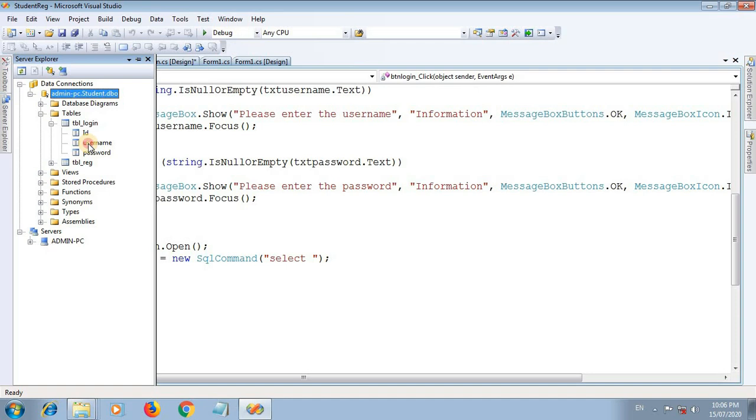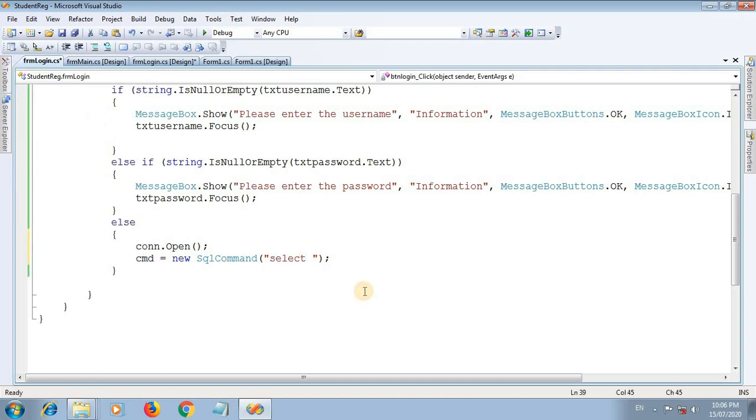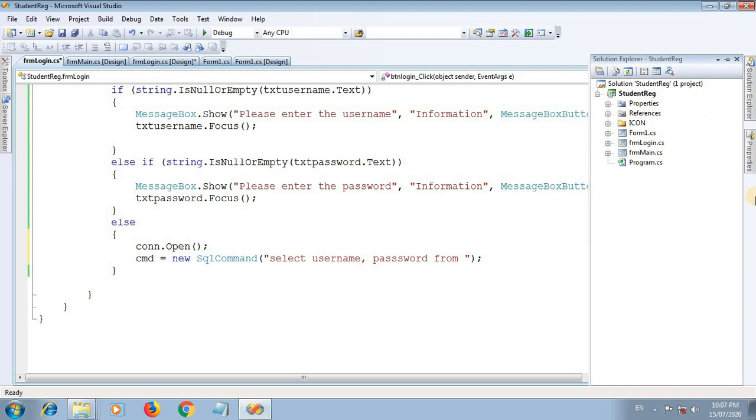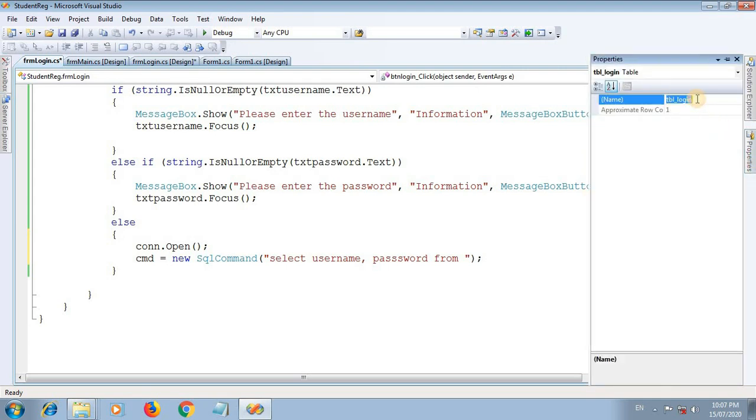The table fields contain username and password. So select username, password from the table name. What is our table name? Table login. Just copy table login